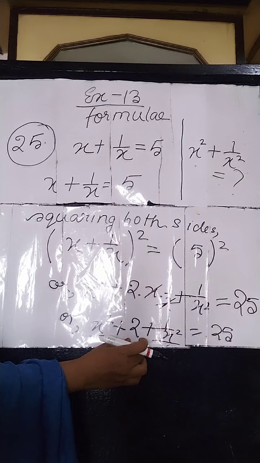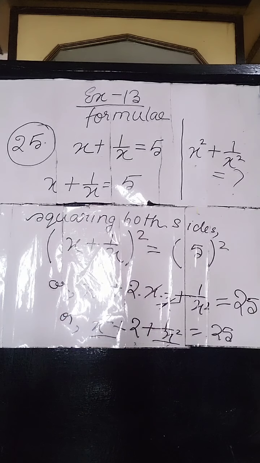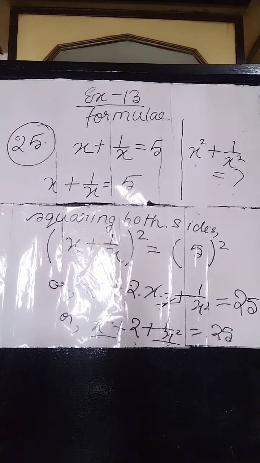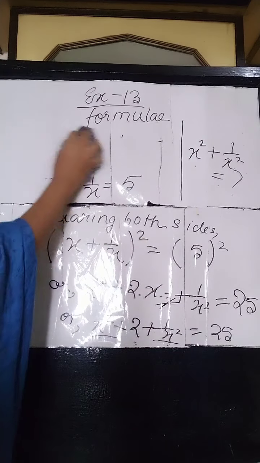2 we will shift to the right hand side and deduct it from 25. This 2 in the left hand side, we will shift it to the right hand side and subtract it from 25. So ultimately we are getting,